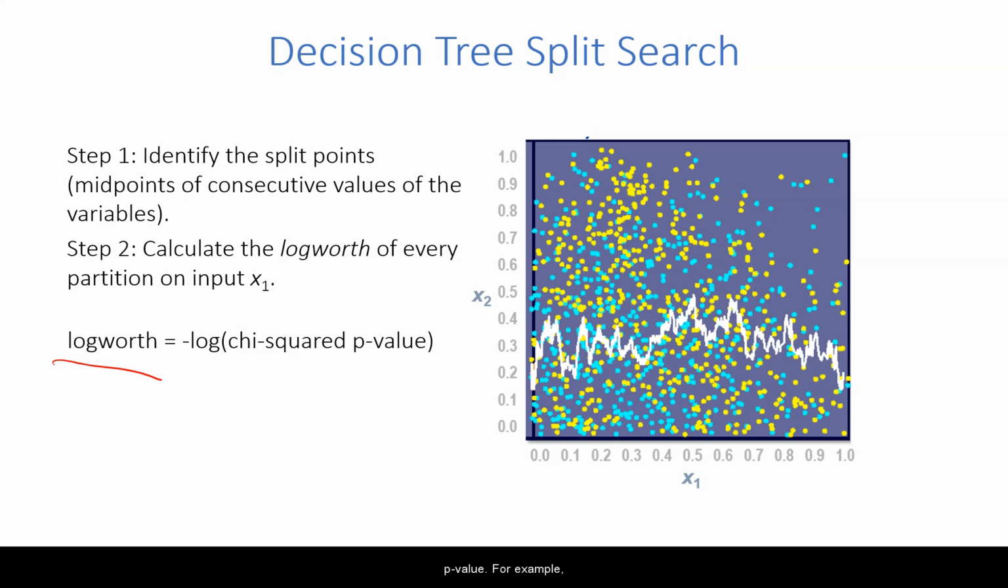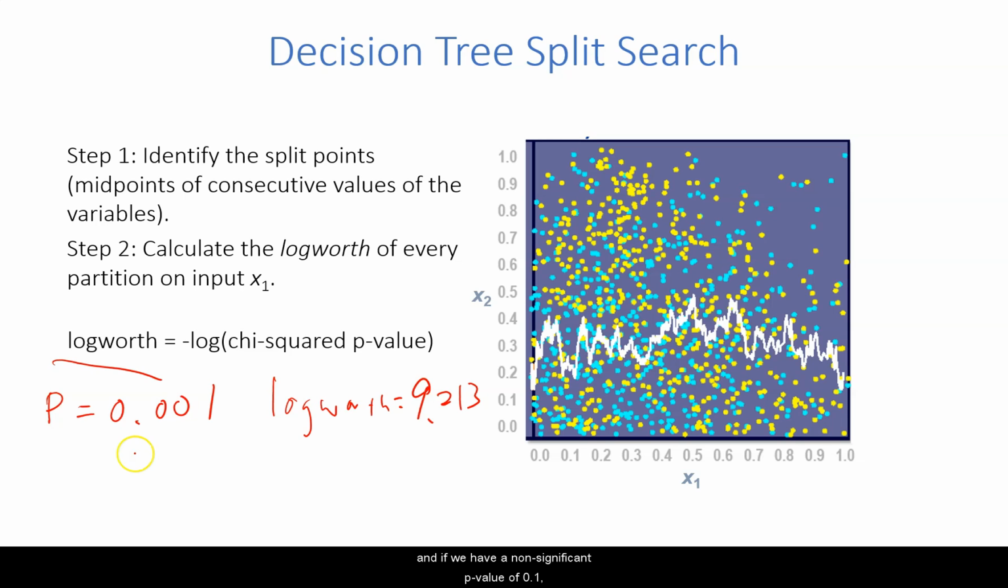For example, if we have a significant p-value of 0.001, the log worth is equal to 9.213. And if we have a non-significant p-value of 0.1, then the log worth is equal to 2.3026. The log worth is always going to be a positive number,